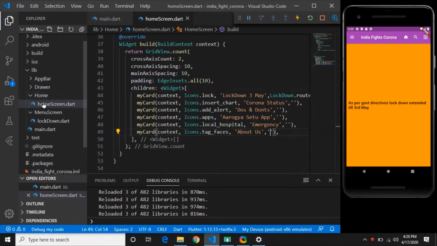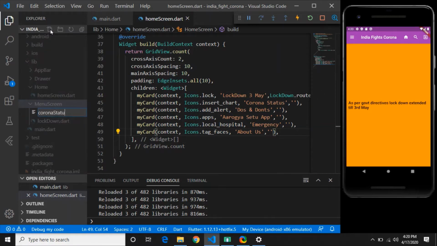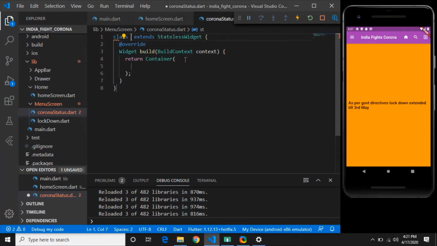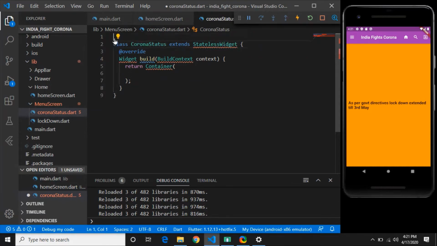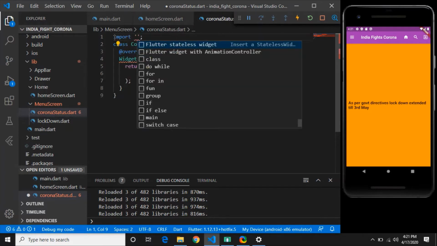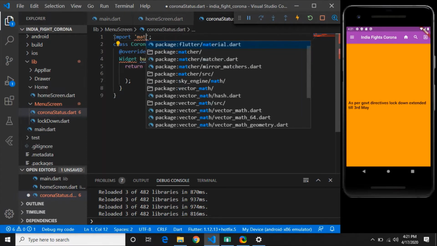As usual, you have to create one new screen: click on the menu screen and new file. That file will be corona_status.dart. As usual, create a stateless widget and write CoronaStatus, that is the class, and we will import material.dart.